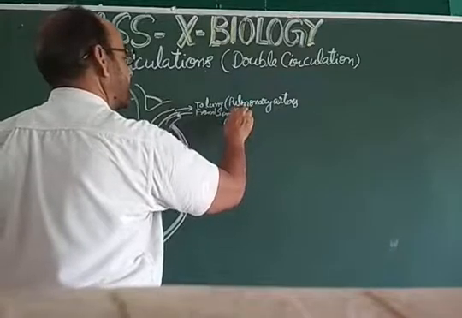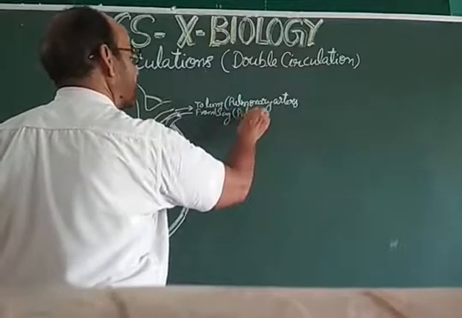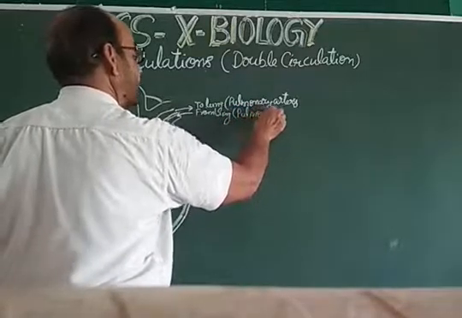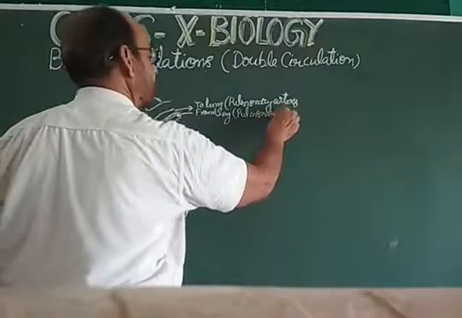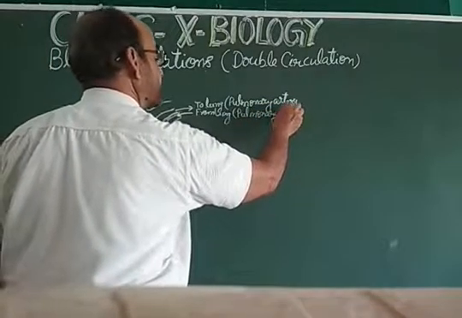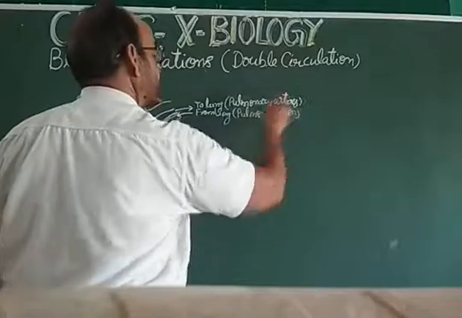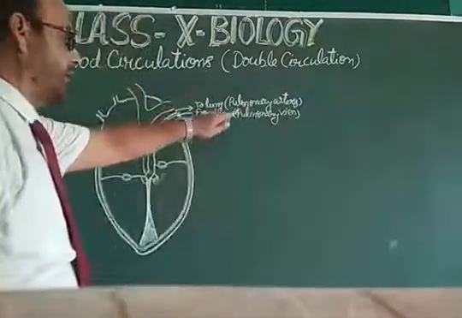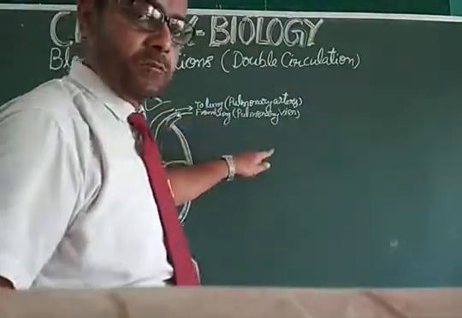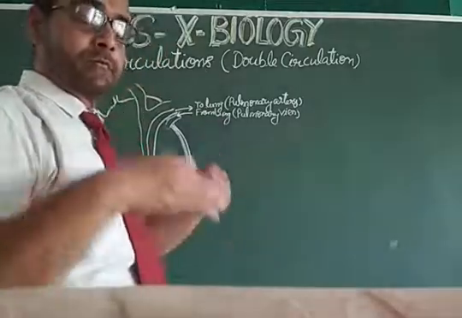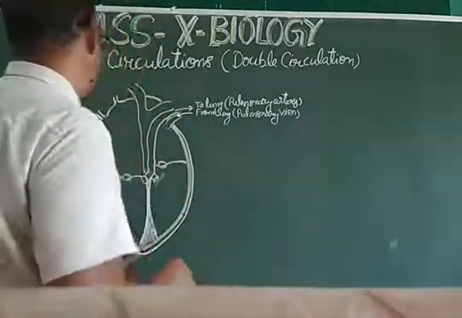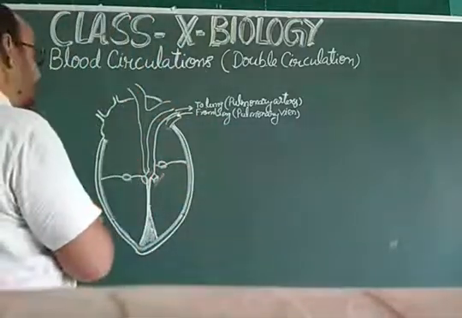This is called the pulmonary vein. So these two, the pulmonary artery and pulmonary vein, are responsible for the pulmonary circulation, while this one